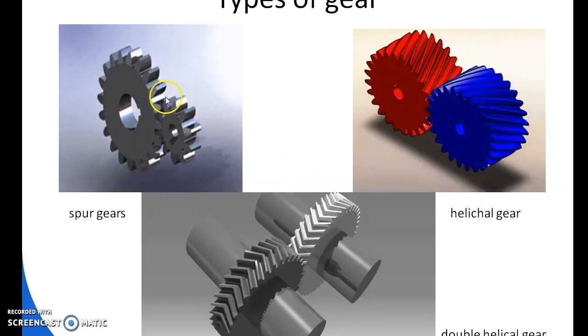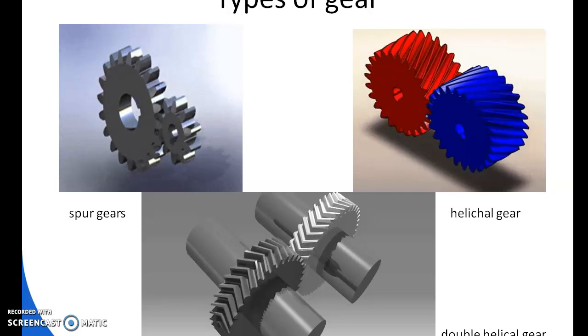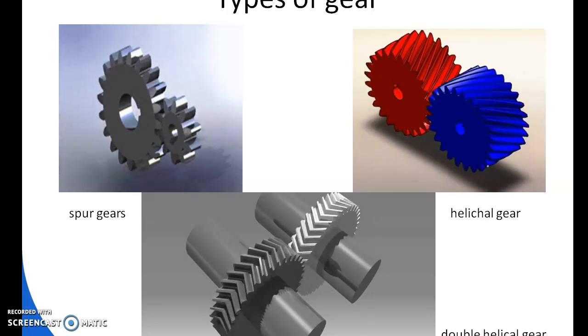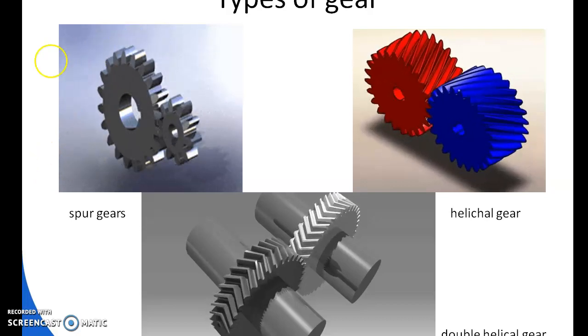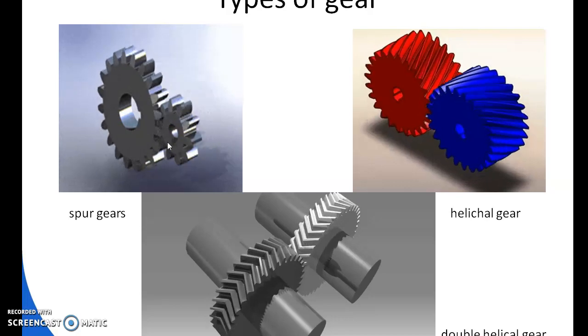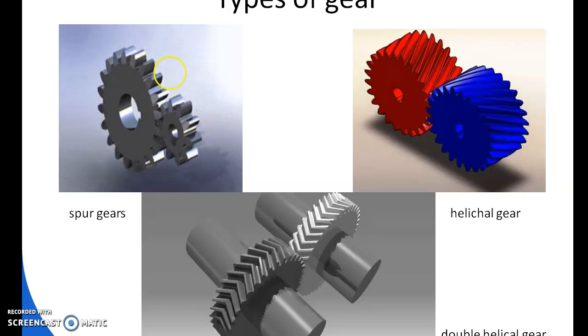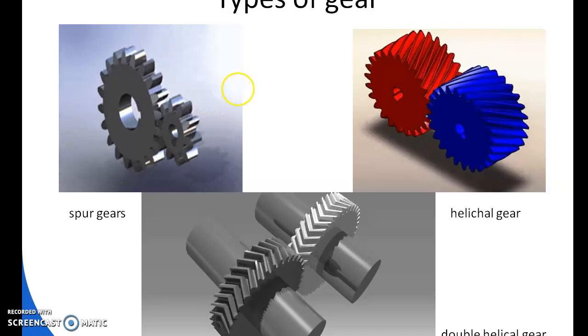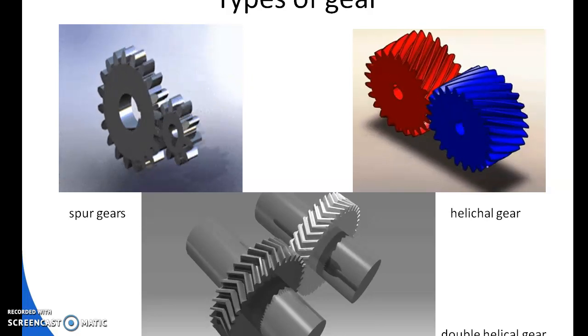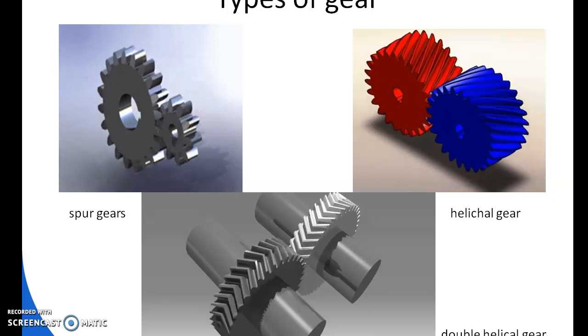In this first diagram we can see spur gear. A spur gear is a gear wheel or pinion for transmitting motion between two parallel shafts. Here these two gears are connected to two parallel shafts. This is the simplest form of the gear drive. And the teeth of the spur gear are involute, meaning the teeth axes are parallel to the shaft axis.